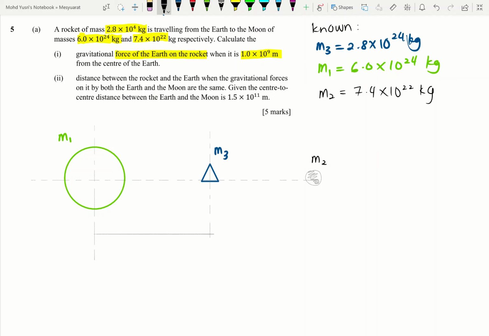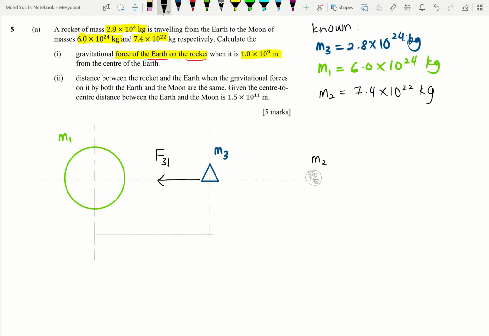Calculate the gravitational force of the Earth on the rocket. So force on the rocket. Force on the rocket by the Earth is directed to the left according to my diagram. Okay. F on the rocket by the Earth,